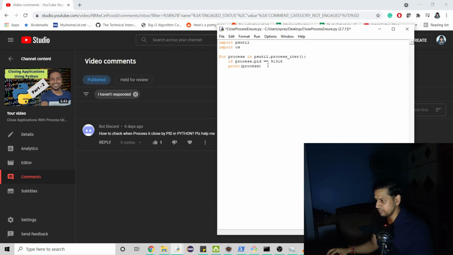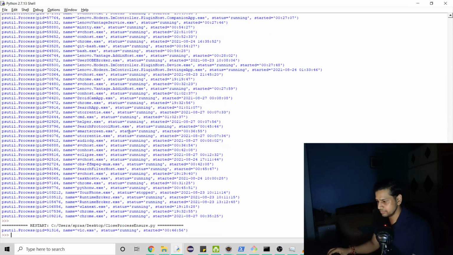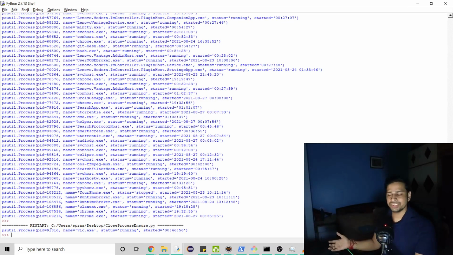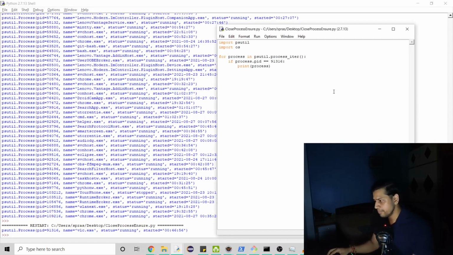So here I have the process ID, and what I will do is simply try to see if we are able to get this. So here if you see, we just got one result, which is desired, right? So now let's try to close this, and then we will make sure whether it is open or not, right? So here rather than printing, I will just copy this line first, because I need to iterate one more time,